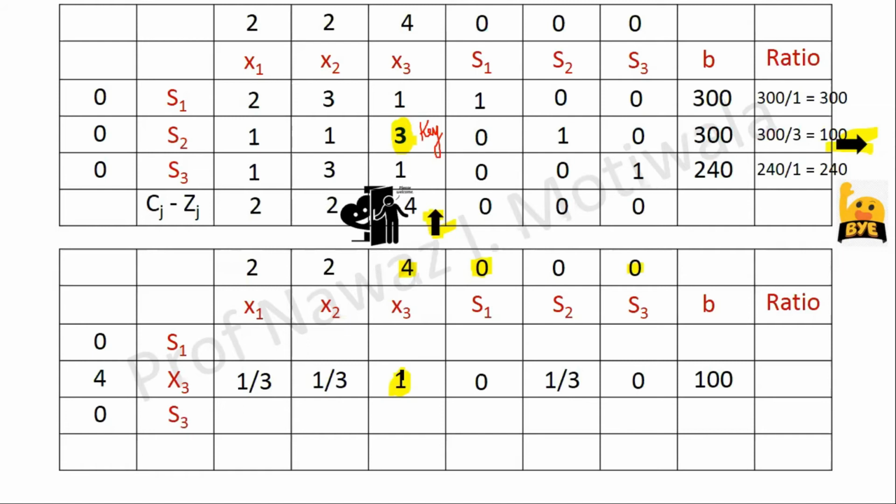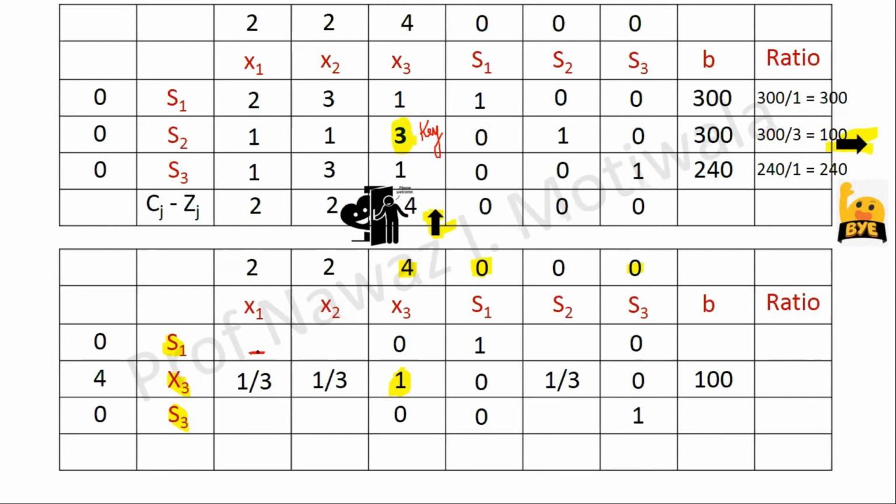Now the next step is to fill this table by means of a shortcut. What is the first shortcut? These 3 variables, S1, X3, and S3, are the basic variables, so they should make an identity matrix in that particular order, S1, X3, S3. So in place of S1 I will write 1 0 0, in place of X3 I will write 0 1 0, and in place of S3 I will write 0 0 1. So with this shortcut I have almost filled half the table. Now the remaining positions need to be filled.